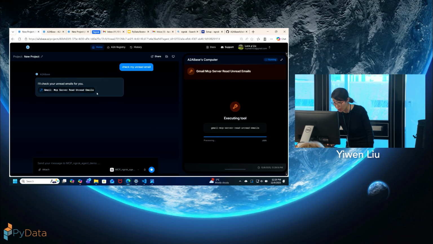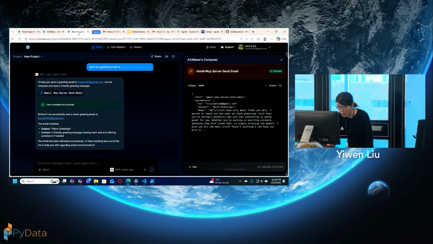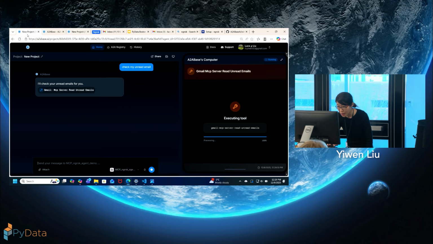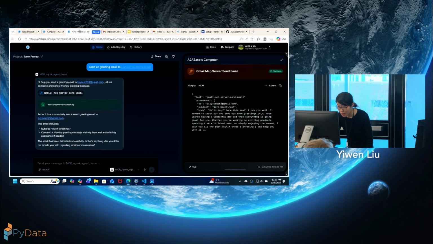That's exactly the name I gave to the tool, and it's executing the tool. Why is it taking time? Try another one. Yeah. You have 2,000 unread emails.